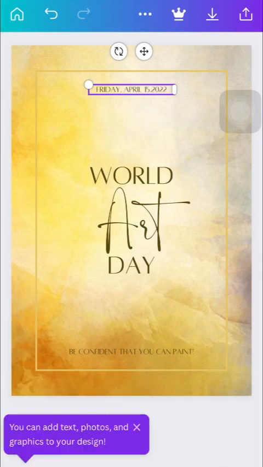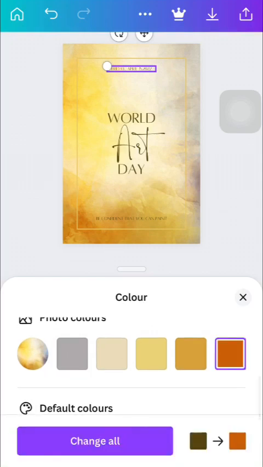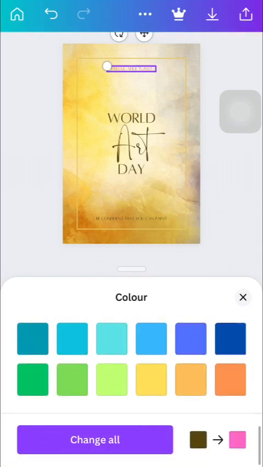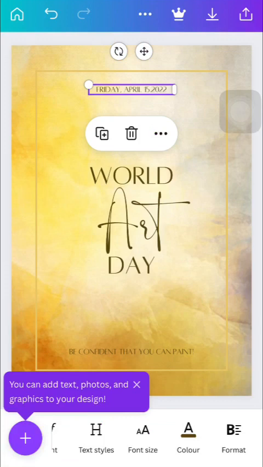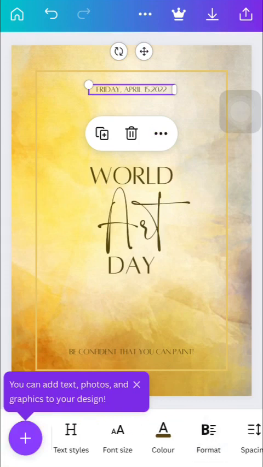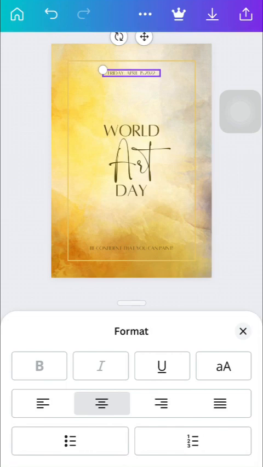The color of the font, we can definitely change it. This is the color. We have other colors down here. We can change it to this one. We can change it to this one. We can change it to this one. Most times I leave it the color I find it in, unless I have a reason to change it. So it's good to keep a very matured color, because you want it to stand out. And it's good to have dark colors on top of light backgrounds, and light text colors on top of dark backgrounds. It's just basic